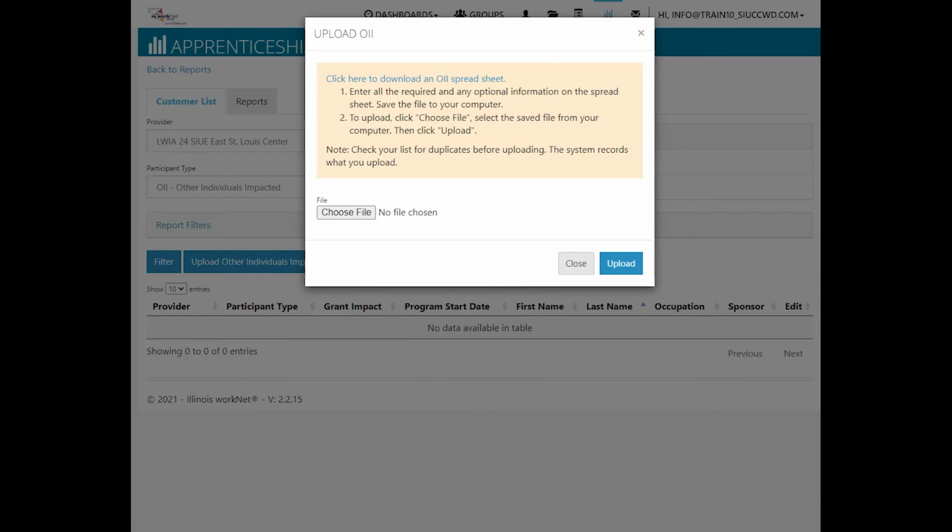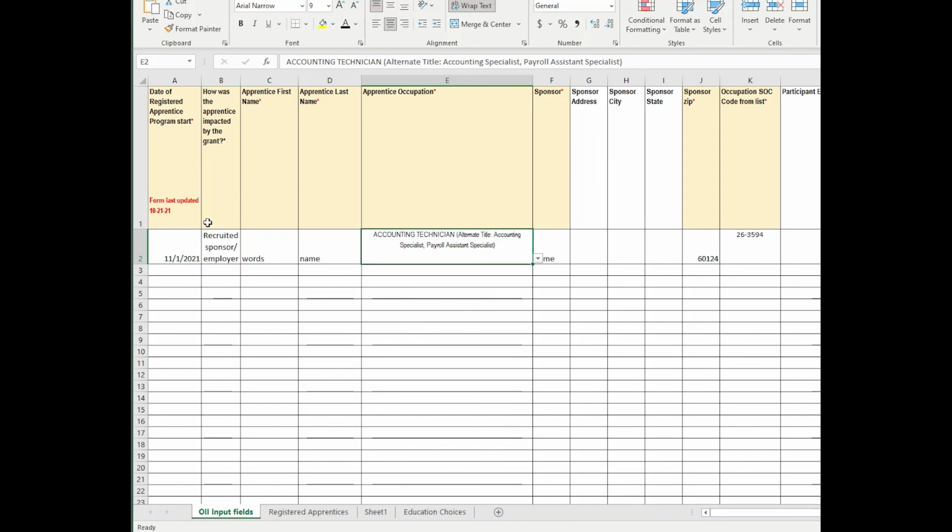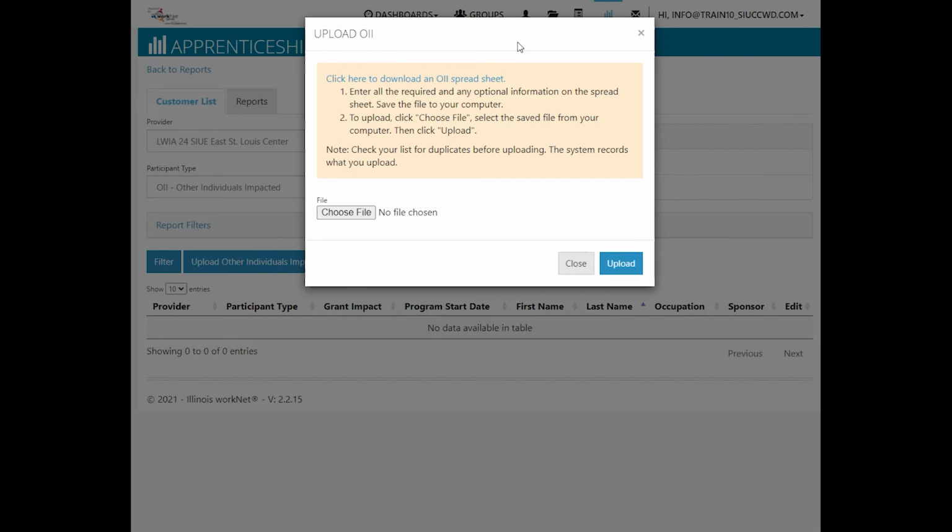Once you have the document open, you can fill in all the information. There are some drop-down items that you can select to make sure that the information that you enter is consistent with everyone else's. Then fill in the rest of the information that has a box that is colored and has a red asterisk. Once you have all of that information input into the document, close the document, and then choose